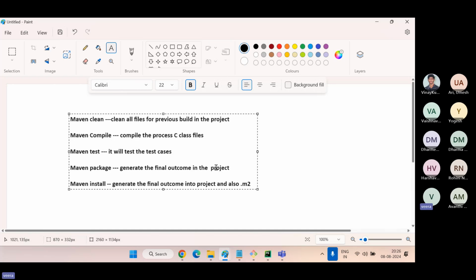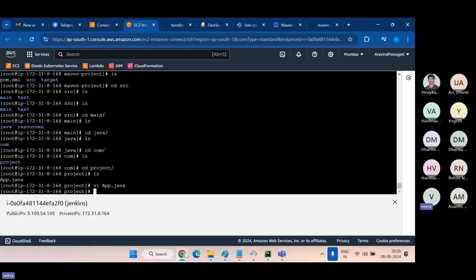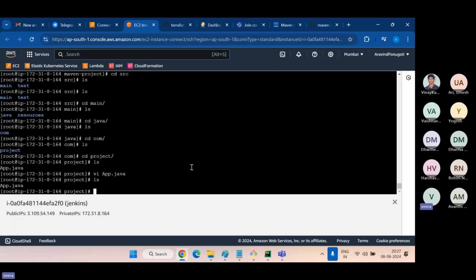Okay, just let's understand one by one. So the first goal, guys. Here the actual DevOps task will start. My developers are saying that my code is ready, so can you build the process? We need to generate a final outcome. Okay. In this case, a very important thing: ls. You are inside the folder with App.java, right? If you run mvn clean, the Maven clean goal,